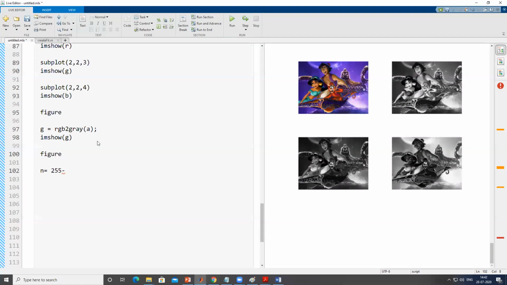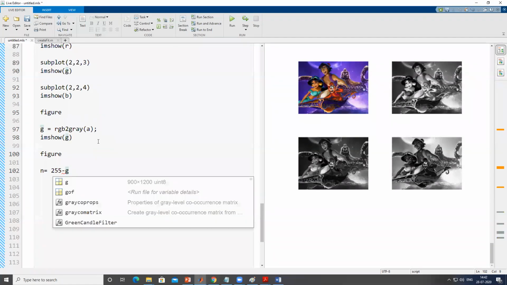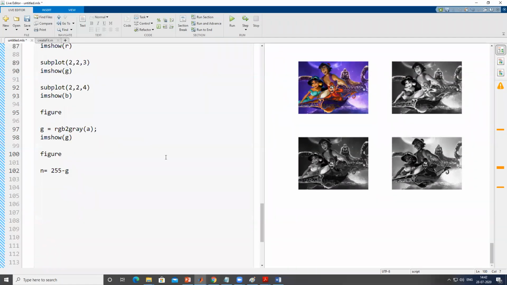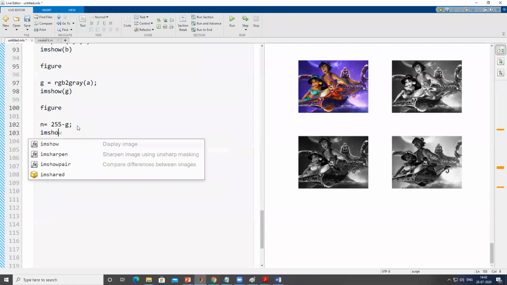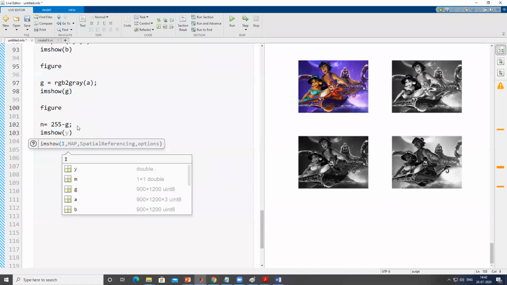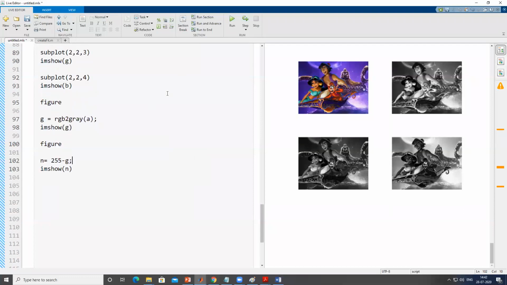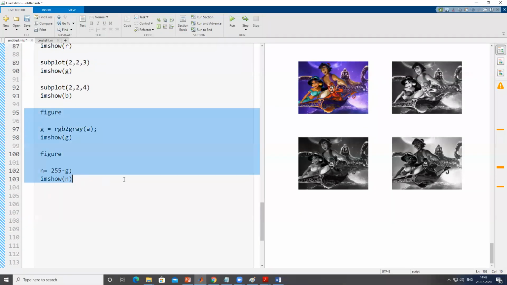So if I write 255 minus G, where G is a two-dimensional matrix, then 255 will be subtracted from each element. Okay, and this result also I can see in a new graph paper. Now I'm running this piece of code.